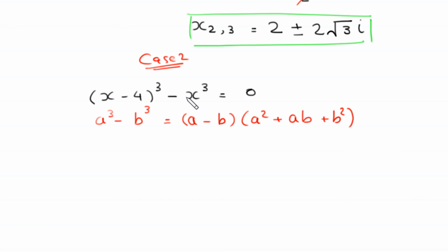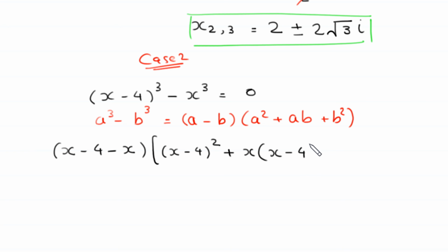This expression will become x minus 4 minus x, times x minus 4 whole squared plus x times x minus 4 plus x squared, is equal to 0. Next, this negative x will be cancelled out with this positive x, and here we're left